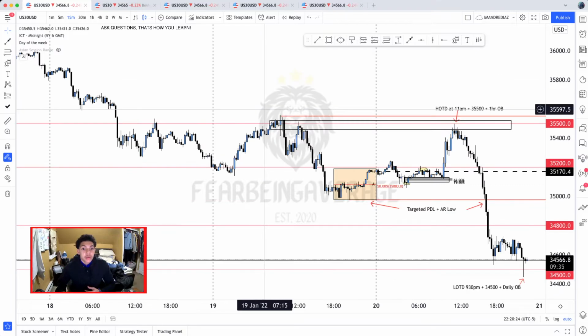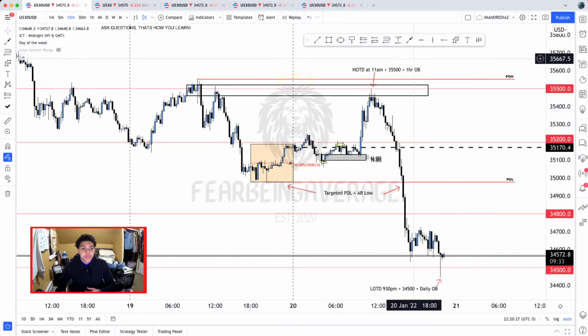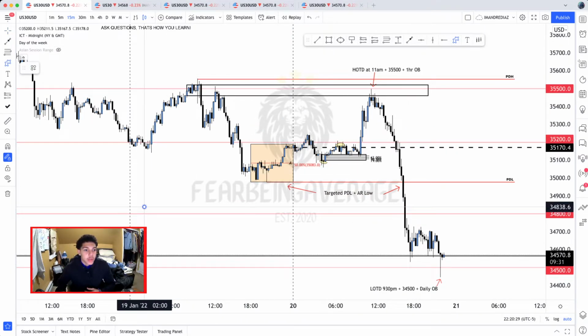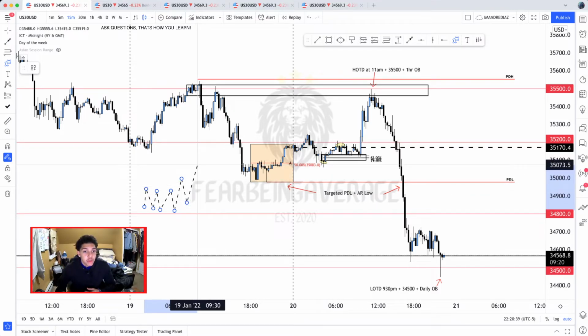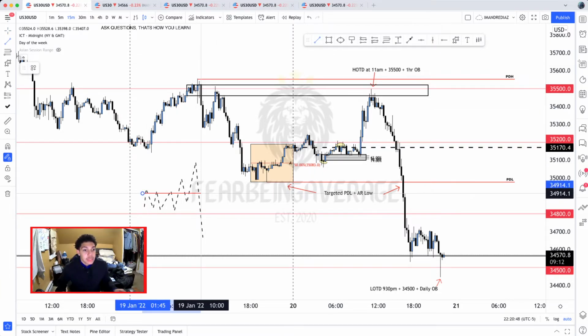So let me do this. And I'm going to draw it right over here. So we have the Asian session range, where price ranged. From there, we had that big push to the top side, cleared the Asian session high, retraced into it, had that push during the New York session where I was able to capitalize on that move. And then from there, that's when price had that big expansion to the downside. So overall, it was a clean day.